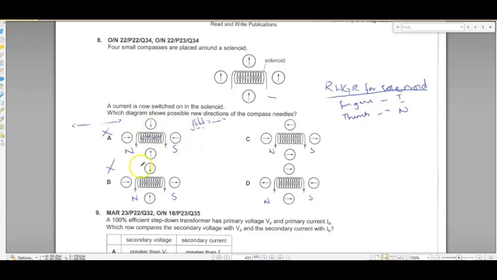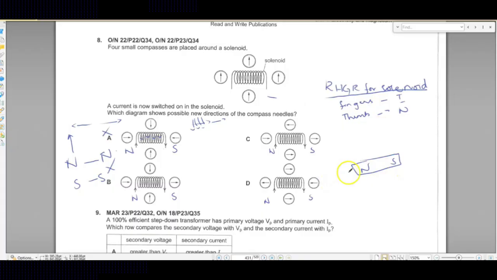Okay, so this is why this is not correct, because north can be in this direction or this direction, or south can be in this direction or this direction. It can't be in this direction when we are talking about a solenoid. Our thumb points in this direction or in this direction according to the direction of the current. So these two options are not correct. If we look at this one, we know that for a magnet, the field lines are from north to south, like this.